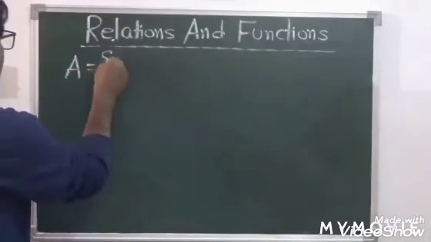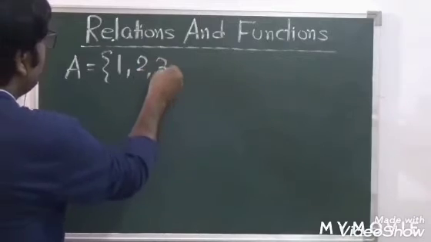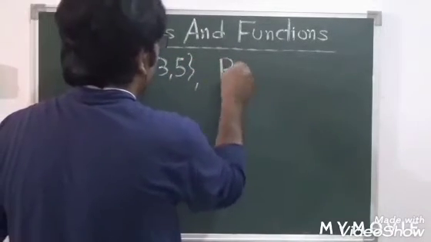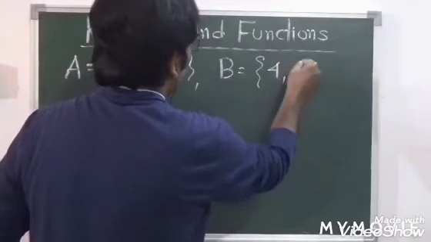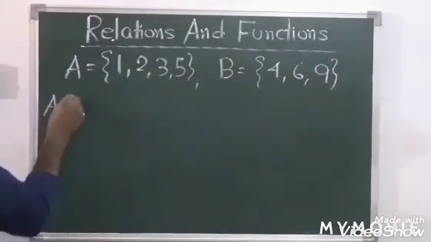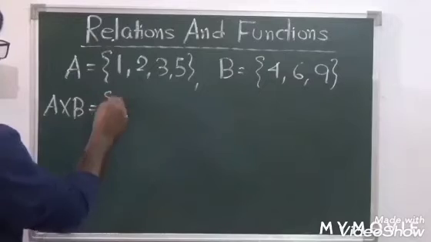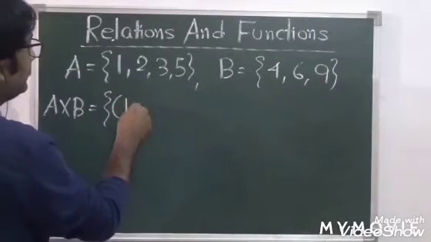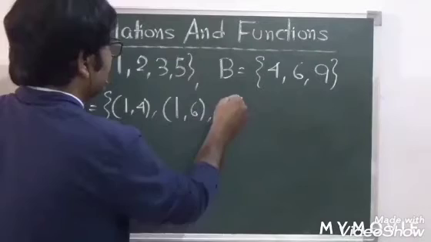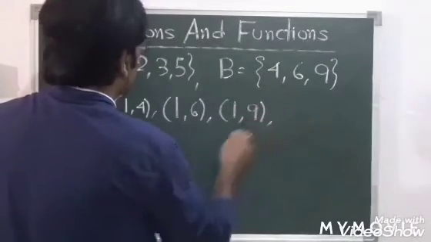A is 1, 2, 3, 5. B is 4, 6, 9. So what is the Cartesian product? That is (1, 4), (1, 6), (1, 9). Then